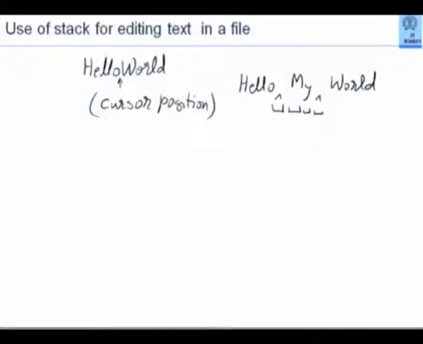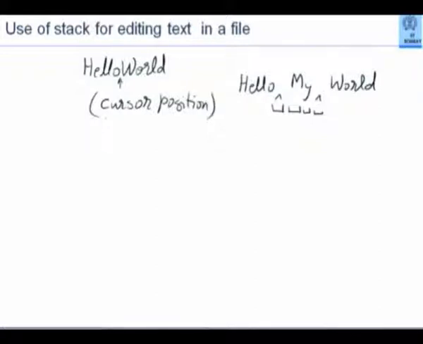Okay. Here what we are going to do is, we are going to consider how you would implement a line editor for editing some text. Assume that hello world as a single word has been given to you, or some text is given. And I want one facility, at a given position, I want to insert something else. Or at a given position, I want to delete something. And first, I want to go to a given position. These are the three operations.